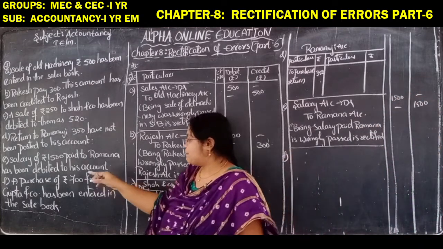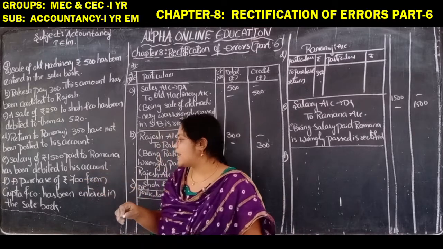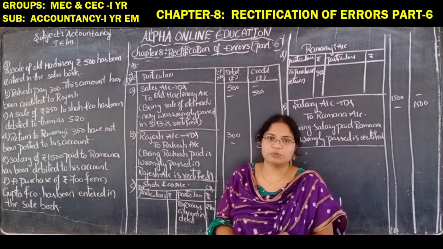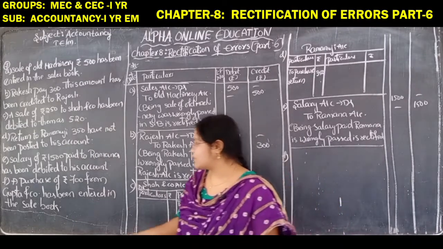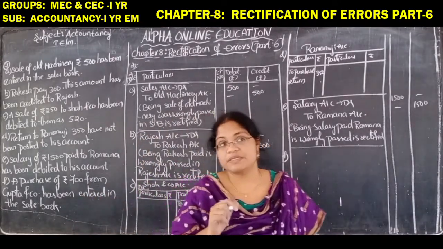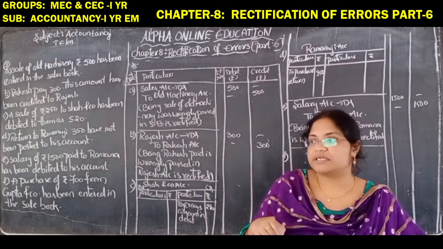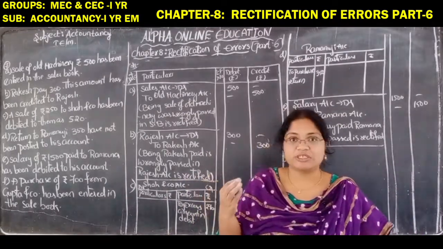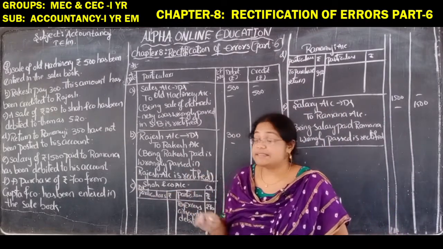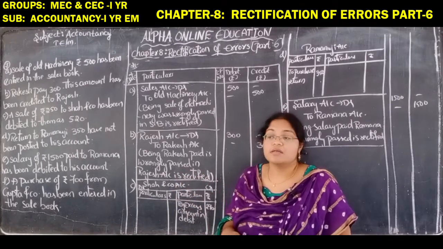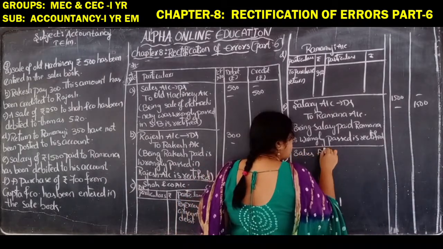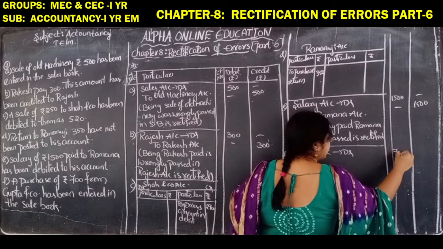What is that? A purchase of rupees 700 from Gupta and Co. So, they are purchasing from Gupta and Co. Means purchase account debtor to Gupta and Co account. It has been entered in the sales book, but they have wrongly entered it in the sales book. Means they have written like this: Gupta account debtor to sales account. They are crediting the sales account. So, now I am debiting the sales account first. How much is the amount? 700 rupees. I will write in debit first.